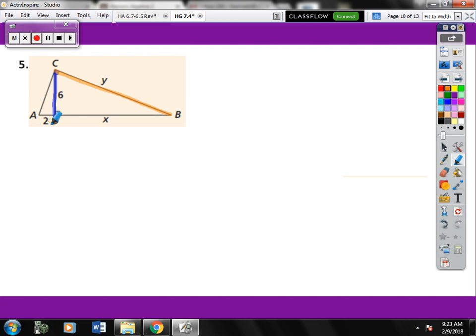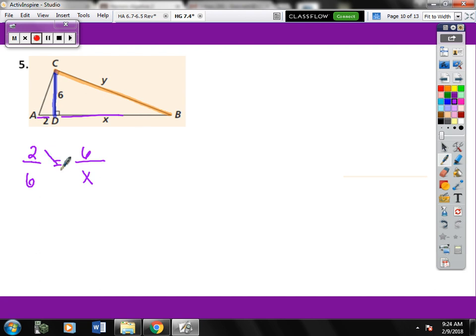Now, there is a correct answer to which one should you do first. Okay, you would want to do the 6 first because it only has one variable associated, just the x. If you were to do y, you would also have x in your proportion and you can't find it. So you do have to solve for x first using the 6. So this is an altitude, it goes in slots 2 and 3. And we'll put in the 2 parts of the hypotenuse, 2 and x,